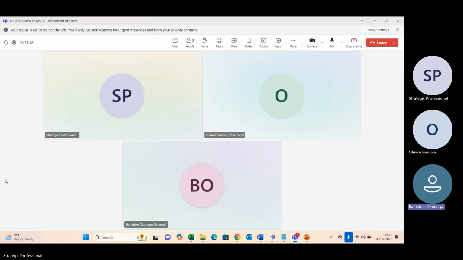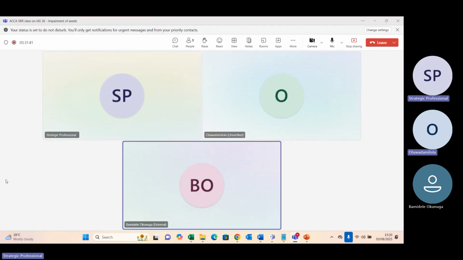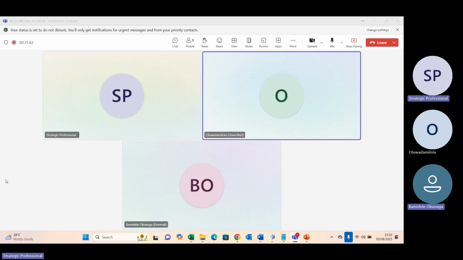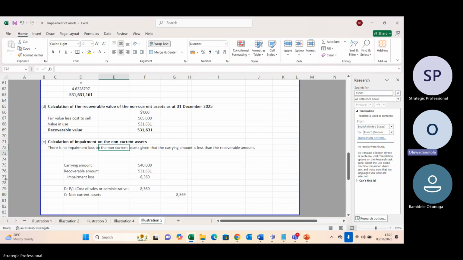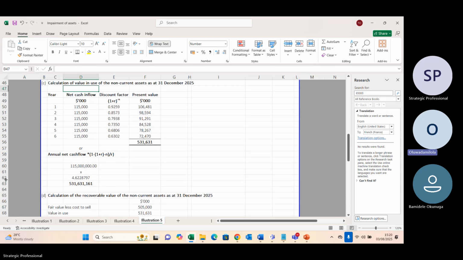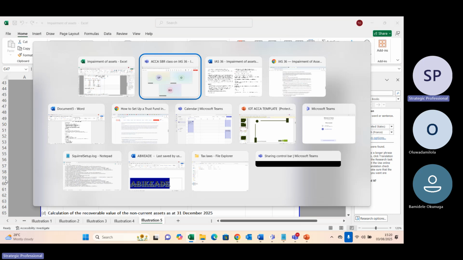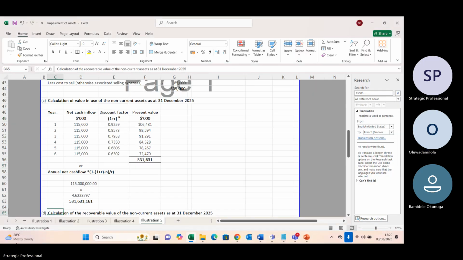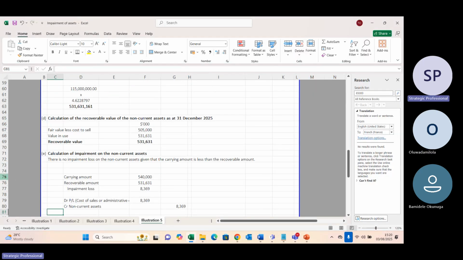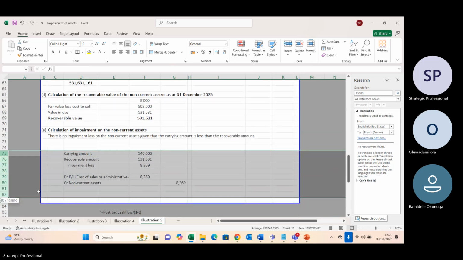None for me. I have a question. Okay, I've seen it. It was the present cash flow for the whole year. Yeah, I initially was wondering where the 115,000 was from, but I've gotten it now. Oh, okay. So can we move on? Yes, sir. Is it fine if I delete this one? No problem, since it's not in the question.